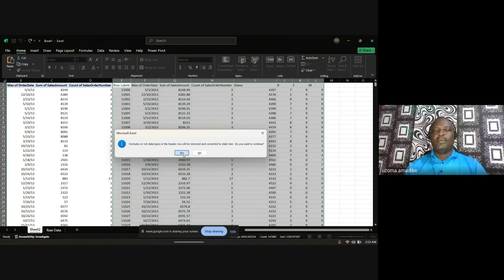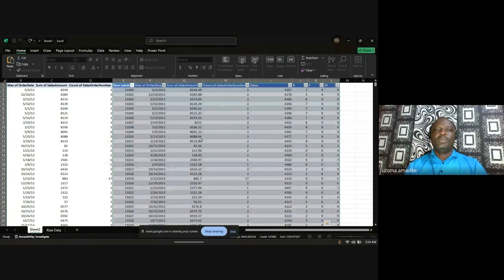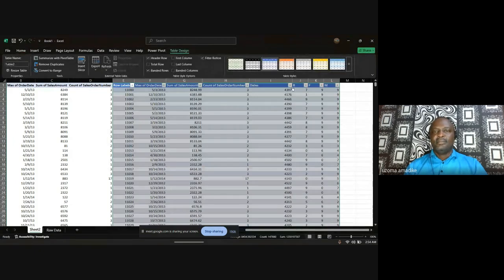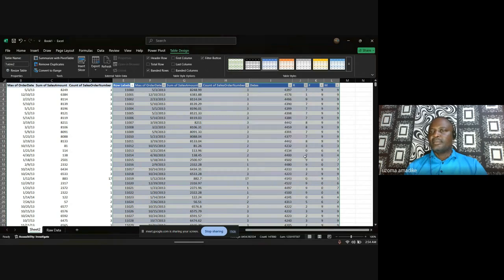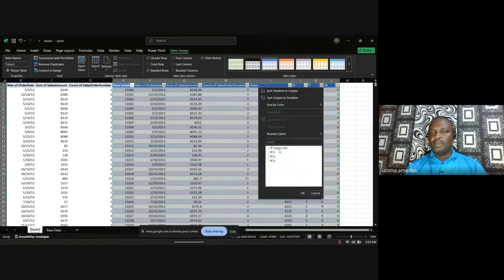Now, in my work, I can see those ones that are high, those ones that are low, to enable us to do deep analysis. Now it's already in table format. Now you can see when I click on filter, you see from 0, which is the min, to the max 9. Now also, you can see we only have 3, 0, 6, and 9,